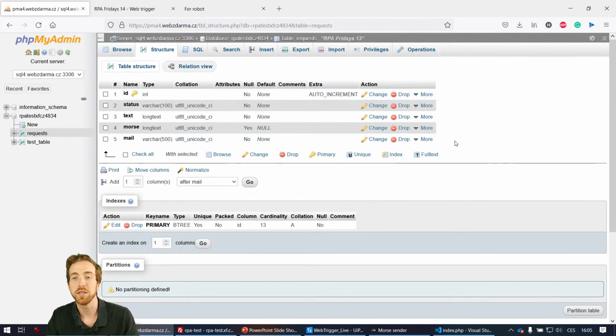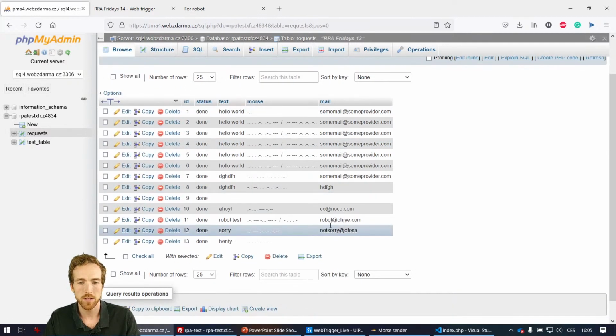You can maybe add this feature to this robot, that after the robot is done, it will send an email through Outlook activities on completing this task. But it's not really used in this project. So this is it. And if we take a look at what is already there, I was already trying